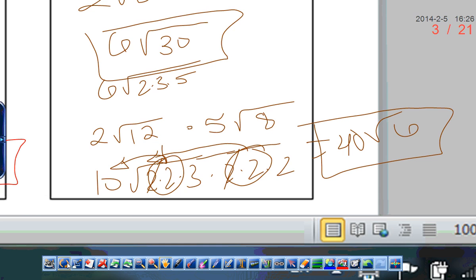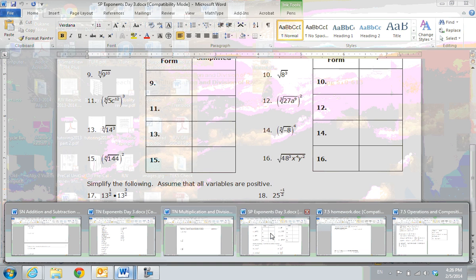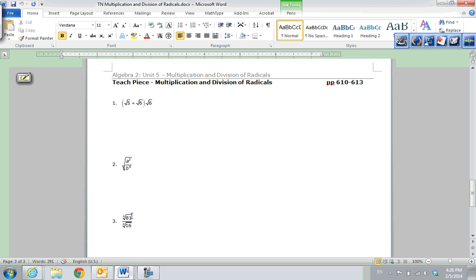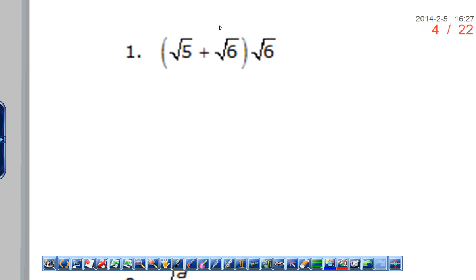Okay? All right, let's go to the last part of our notes, which is the stuff I skipped to. So our first one, number 1, we're going to distribute. So distribute here, distribute there. So I got the square root of 30 plus the square root of 36,